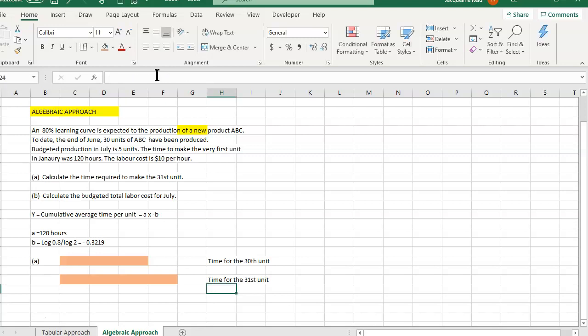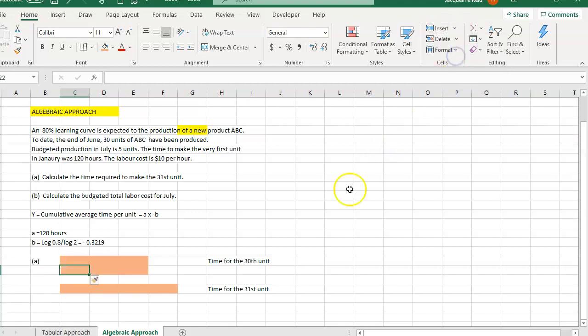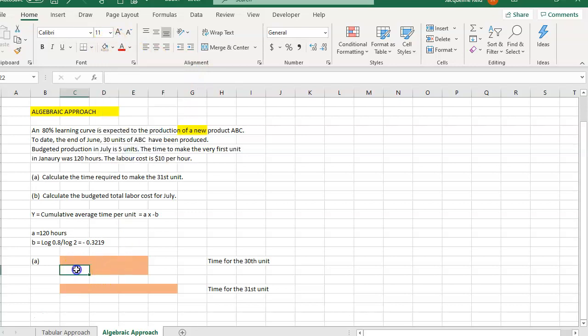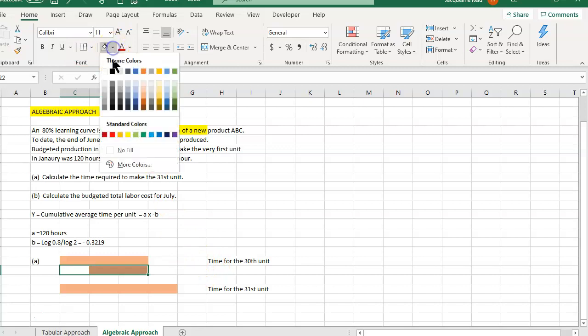So when you're using the algebraic approach, if you want to work out the 31st unit, or any unit for that matter, you have to find the time for the unit before that. So let us say, for example, the time for the 30th unit